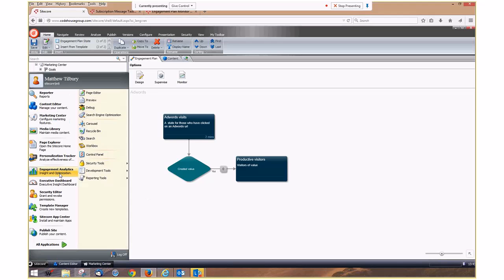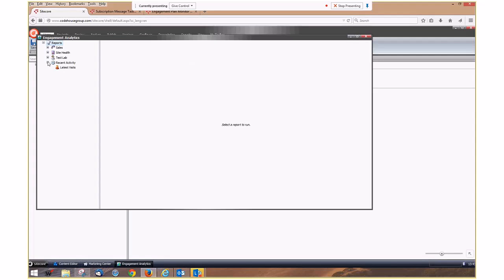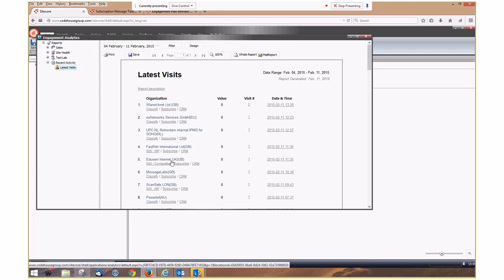We do that in the last 2 minutes from this whistle-stop tour of Sitecore, because all of what we've been doing until now is stored in the engagement inside the analytics system. So then I can